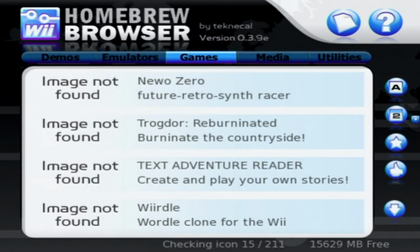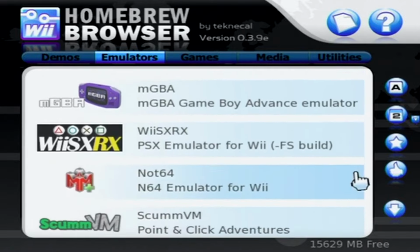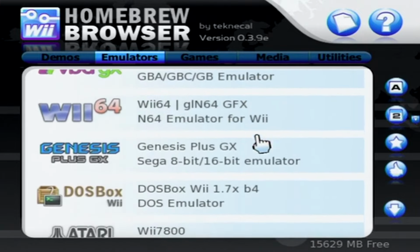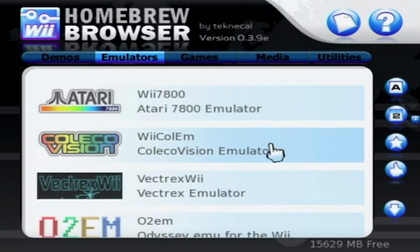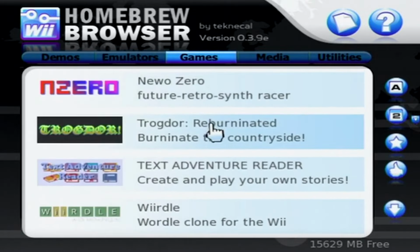So we've loaded it up. At the bottom it's saying checking icon. Let's just see if it adds images. So it loaded up fully, and now we have the images. This is where you can download demos, emulators, games, media, and utilities. As you can see in the emulators, you can get emulators to play Game Boy games, PlayStation games, N64. Now if you're interested in getting them and setting them up fully and getting the channels and everything, I have a full playlist of every emulator that I have downloaded, and it will show you how to get the full emulator experience. But anyways, you can download Homebrew games,